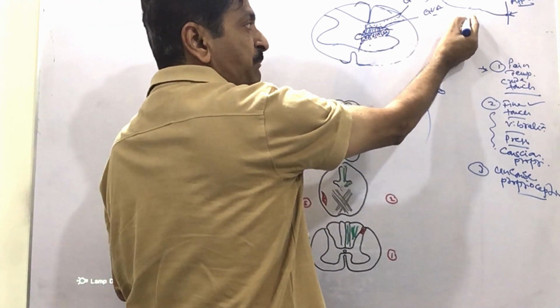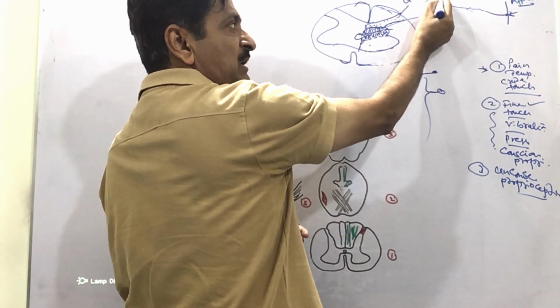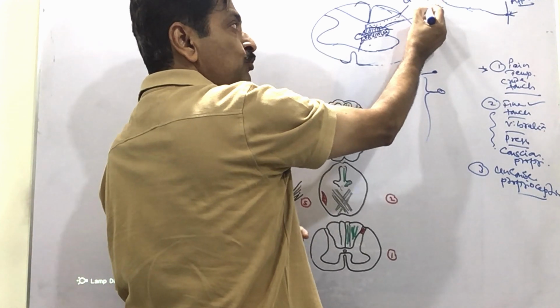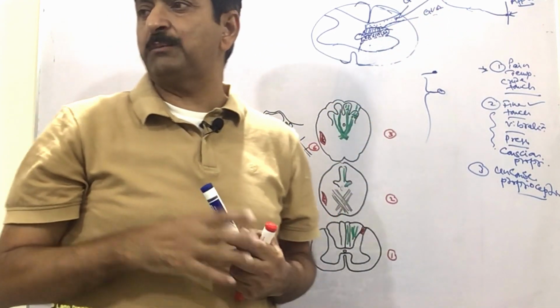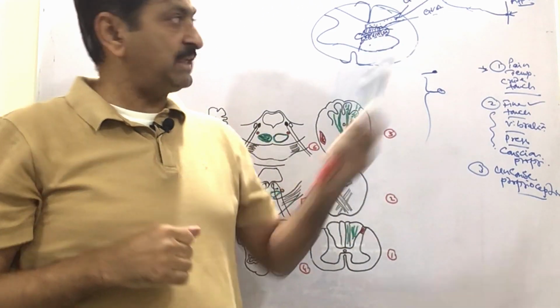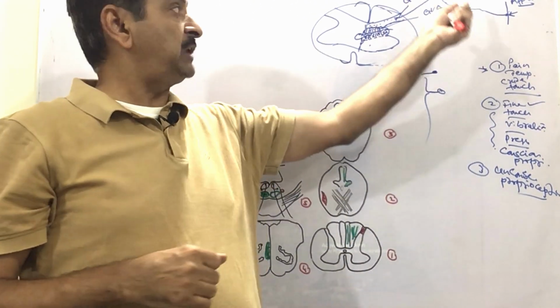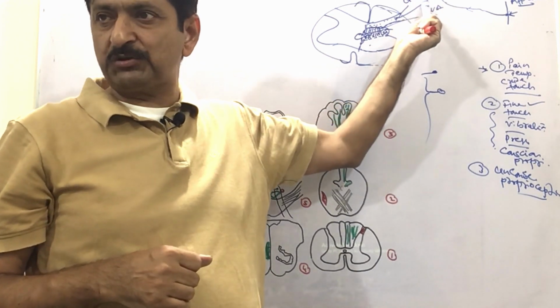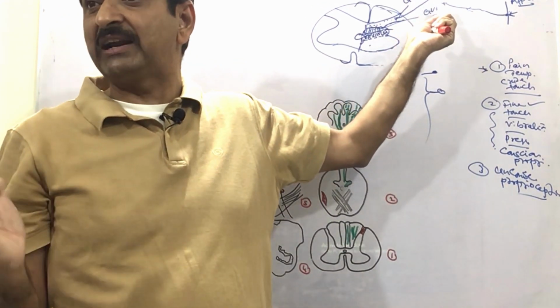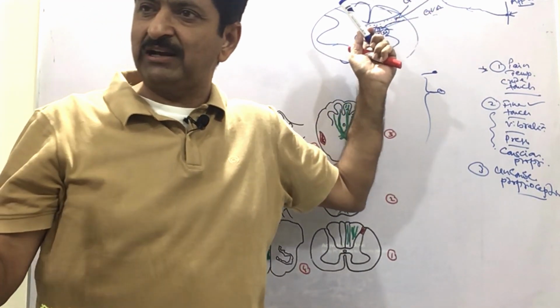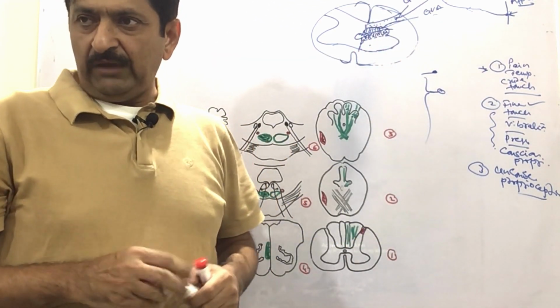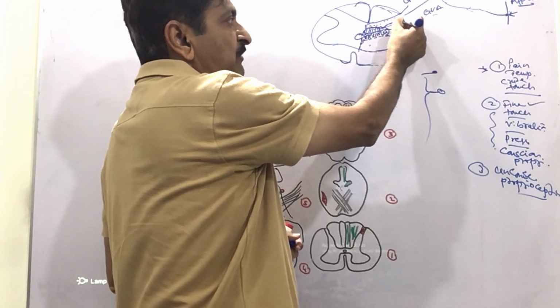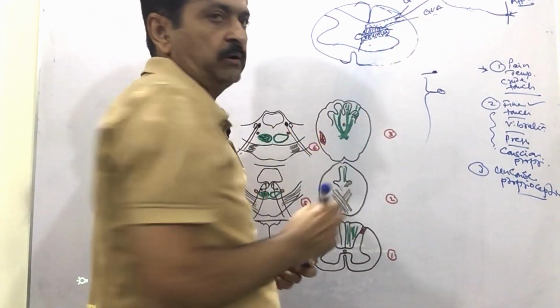So through this peripheral axon, via your ganglion coming through this, this is called the posterior root of your spinal nerve. They are forming the spinal nerve, they are forming the ganglion, and they are forming the posterior roots, precisely rootlets, and they have entered into the spinal cord. Which horn? Obviously posterior horn. And in the posterior horn where they enter, this is now your first order neuron.